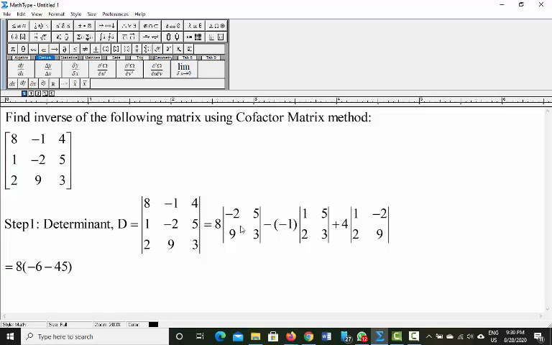Now for this one, minus a plus, so we will have a plus 1. You don't need to write the 1 actually. Now we will multiply the right diagonal element first. 1 multiplied by 3, we will get 3, minus, now we will multiply this 5 with this 2. 5 multiplied by 2 is 10,